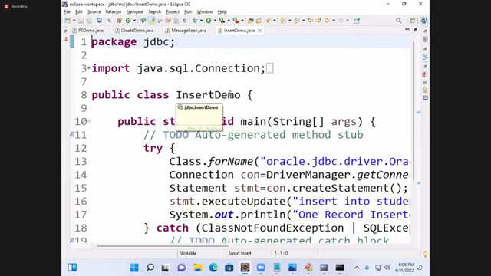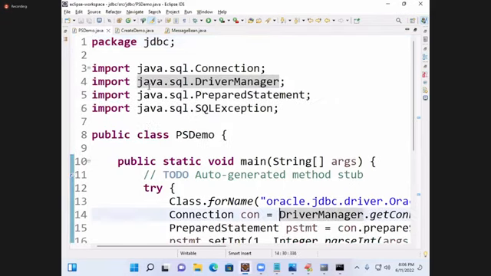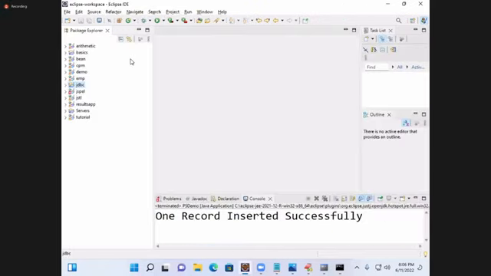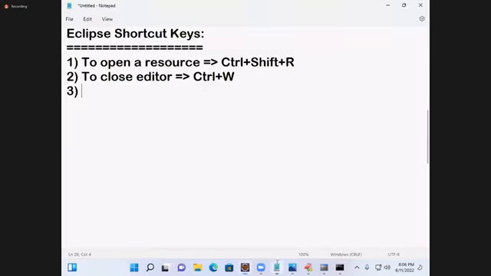I want to close the current editor. What do you click? Control W. That is closed. Now suppose 10 editors are open. You would have to type Control W 10 times. I want to close all. Control Shift W. See, all closed. Next, to close all editors,